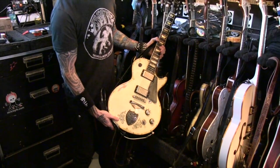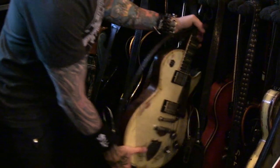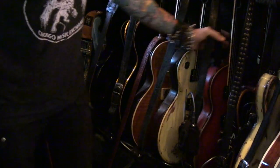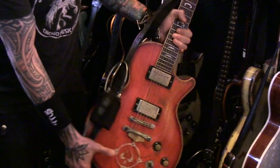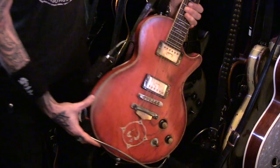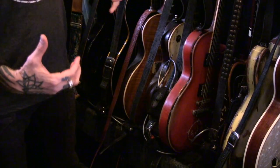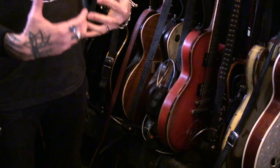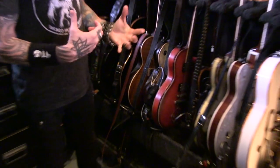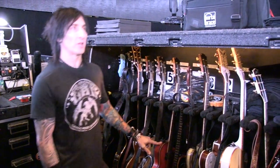And his attention to detail is second to none, absolutely. And then I have one that's all ash. This one. Well, that's interesting. So what's the timbre of that kind? Is it brighter? Or is it very punchy? That guitar has so much attack to it, and we went through so many different pickups before we found